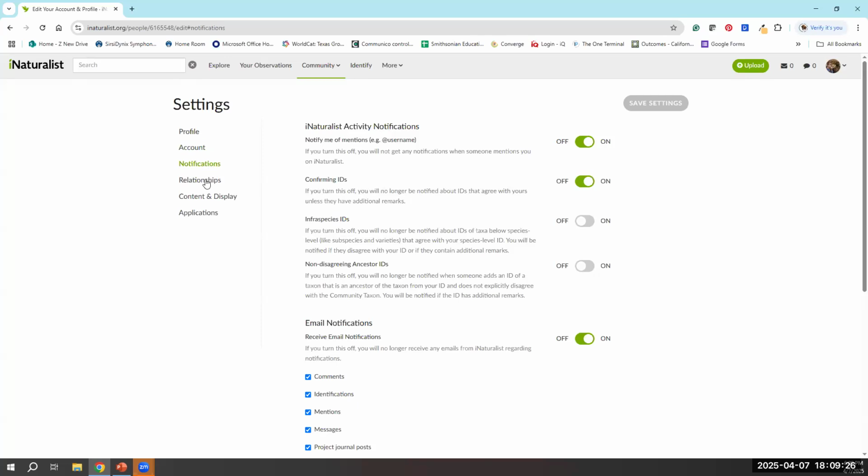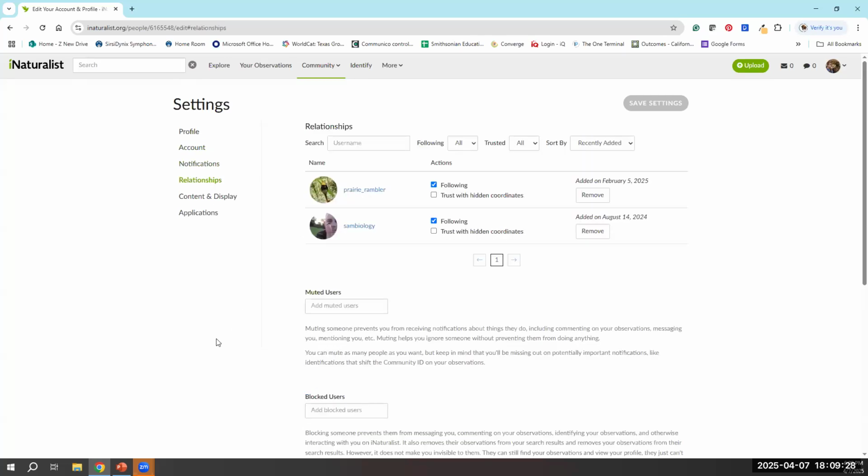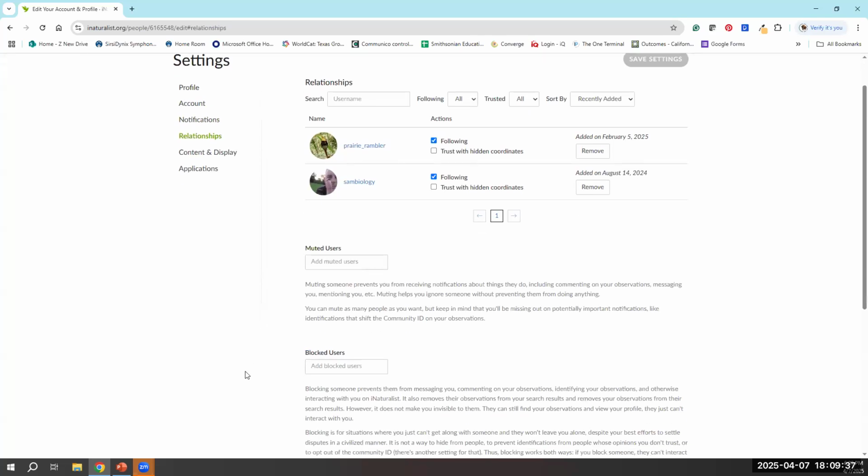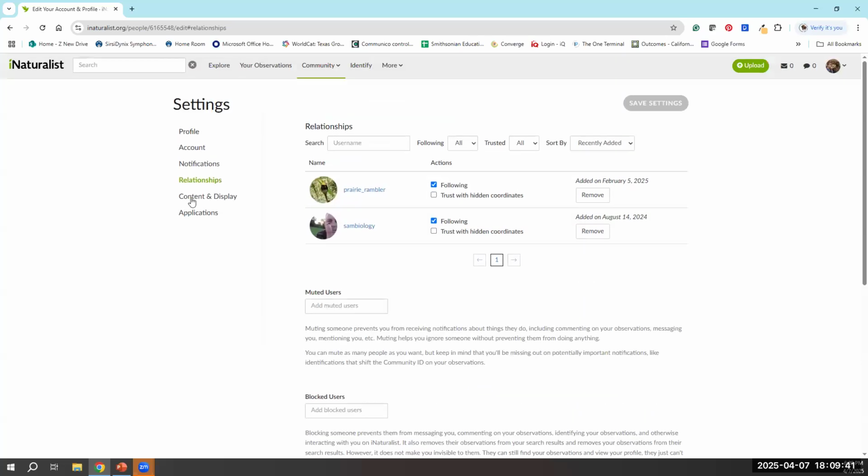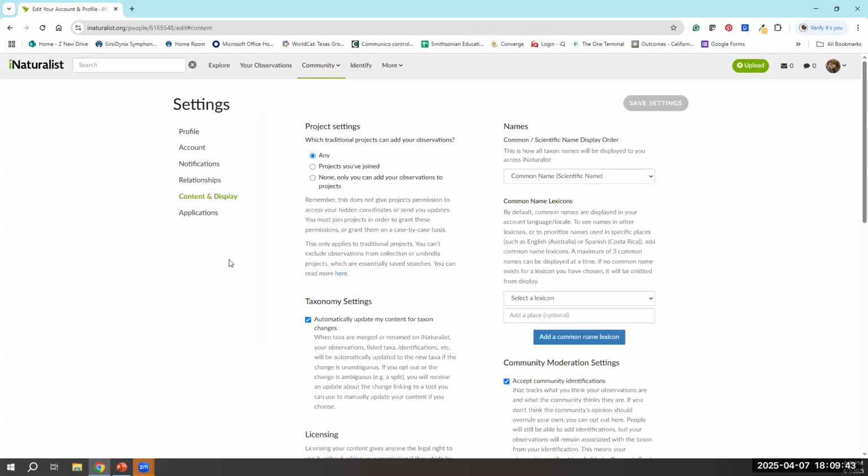Now, under Relationships, again, this is a social media type site, but if there's someone who you just don't want to look at your material or interact with, you can block users here. And then under Content and Display, you can decide if you want the common name or the scientific name of things displayed when you use iNaturalist.